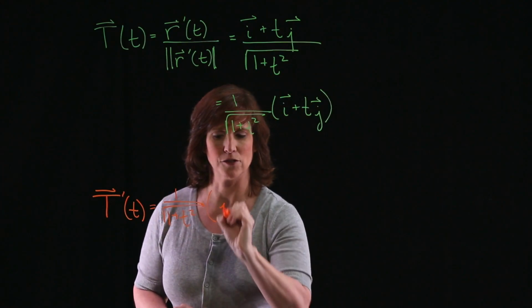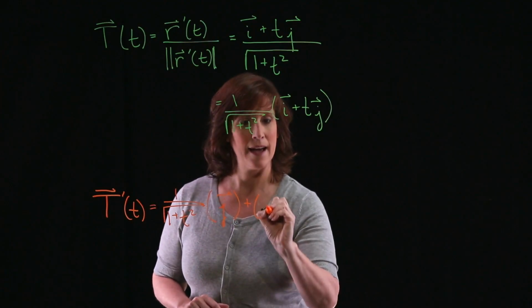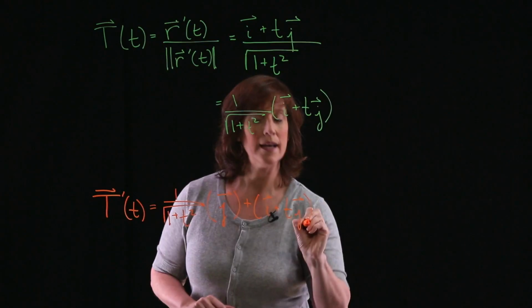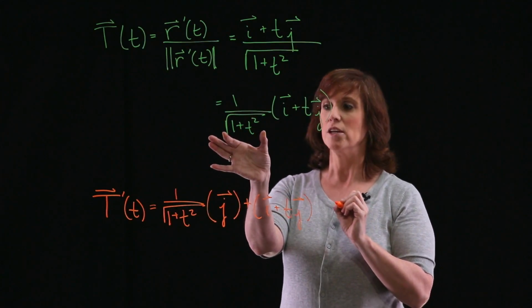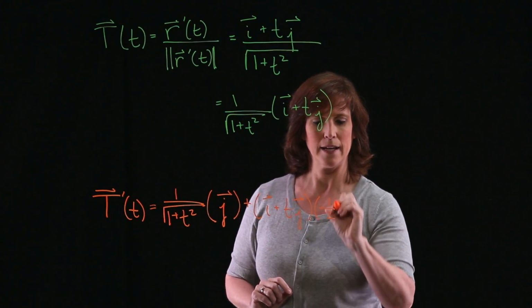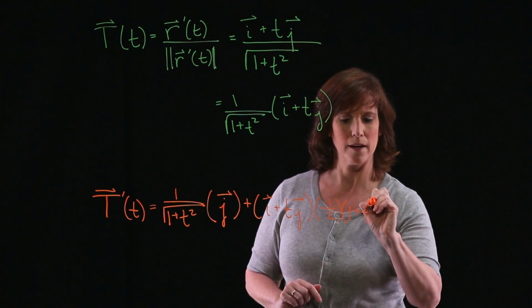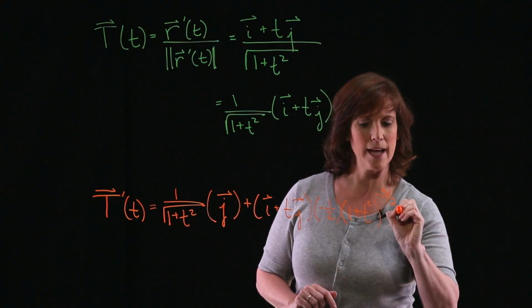So that's just my vector j. Then I'm going to add i plus t j times the derivative with respect to time of that function. So that's going to be a negative 1/2 times 1 plus t squared to the negative 3/2